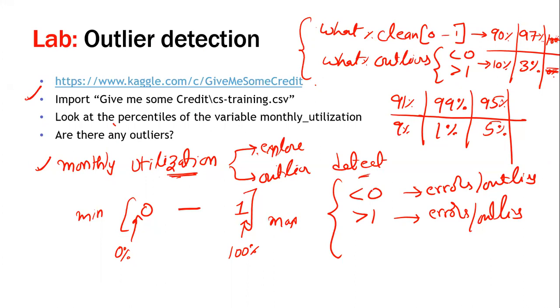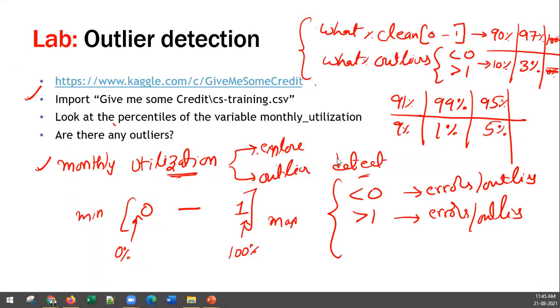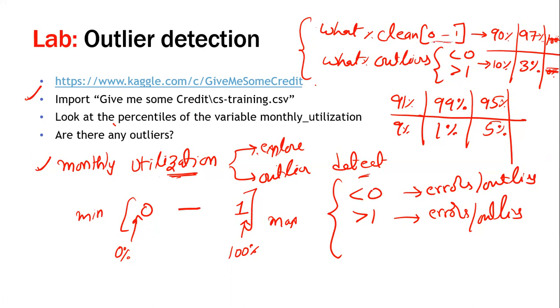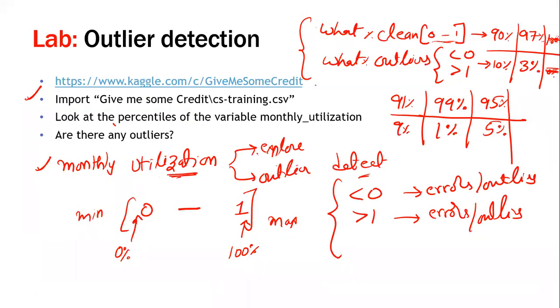Some of you told 100 and 0. Do you agree here? Why is 100% not clean? There is something wrong here. I can clearly see. What are the limits? 0 to 1. Have we discussed those? Limits are 0 to 1. You can clearly see a number that is way more than 1. 50,708 is very, very much higher than 1. Definitely this is a wrong answer.